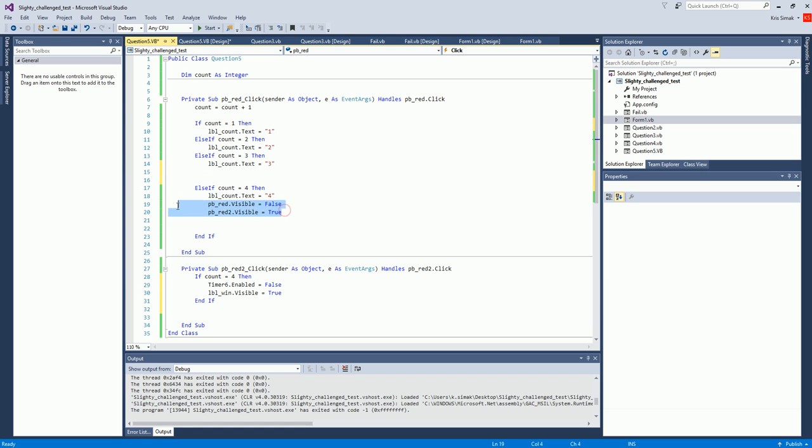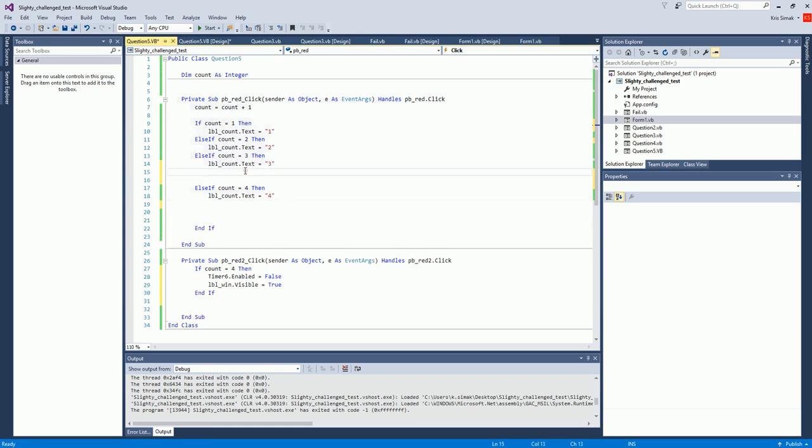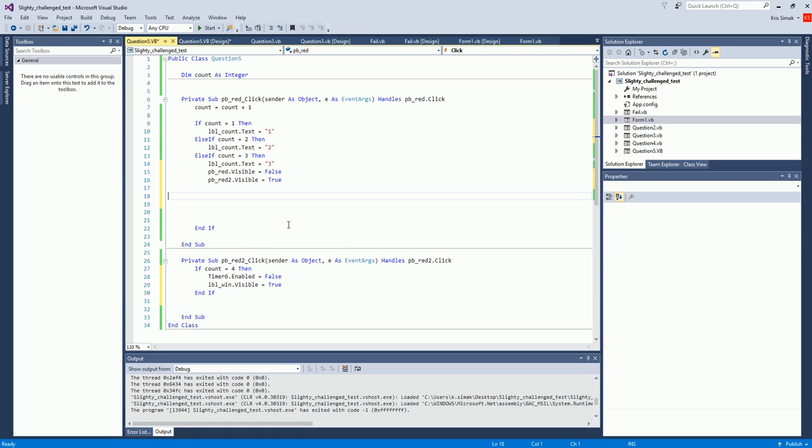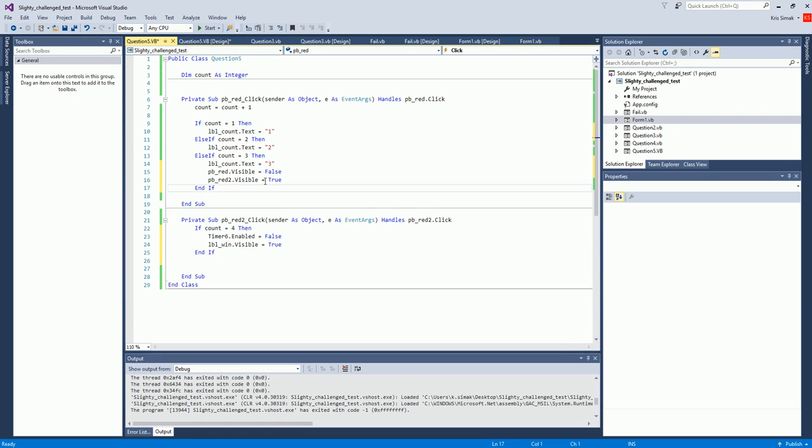So what I'm going to do to move the box is I make this PB red invisible, and I make that PB red visible. Essentially disabling the rest, so I don't need any of this. So if I click on it once, it's going to say 1, 2, and then on the third one, it writes a 3 up in the label, but it makes this box disappear, and it makes then this box appear. Right, so now when we click on this box the fourth time,